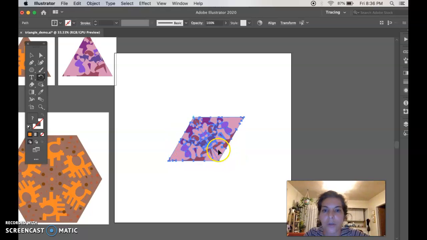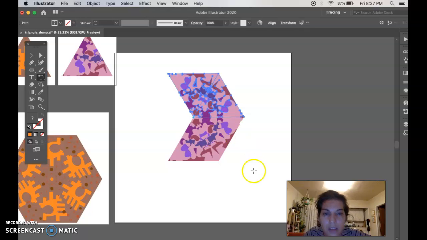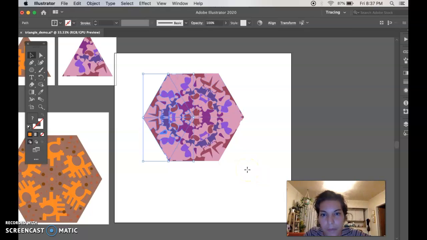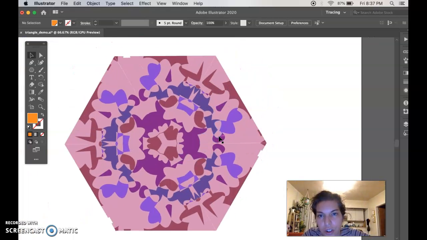It's good to zoom out so you have some room, and you can kind of see if snapping to point will help you. This actually looks pretty interesting, and I don't necessarily want to change anything in the design. I might want to have a background of this pink to hide